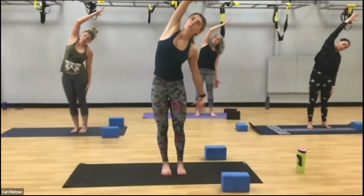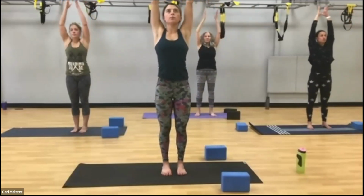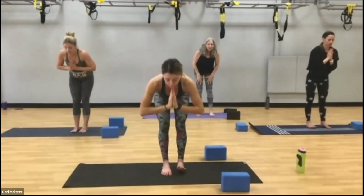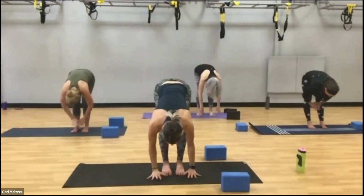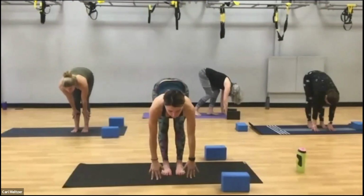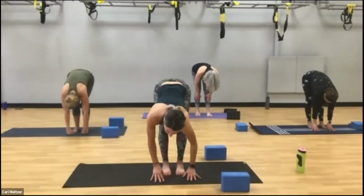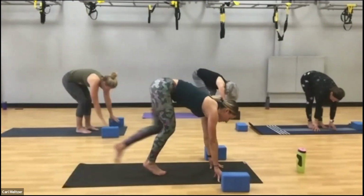On your exhale, both palms come back up to touch, and we'll come back down through that forward fold, hands down, heart center, holding at the hips, coming down into that forward fold. On your inhale, again, coming up into that half lift, or Uttanasana, looking for that flat back. On your exhale, palms sink down the side, stepping left foot back, followed by right back into your downward facing